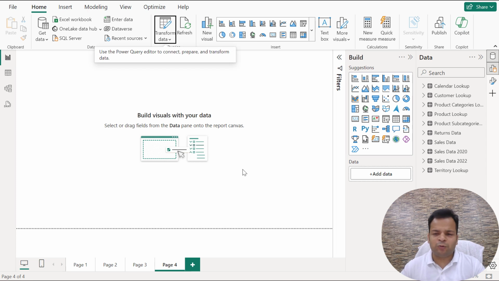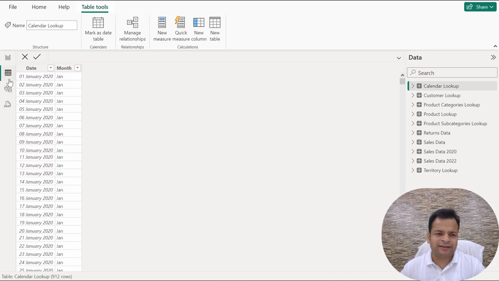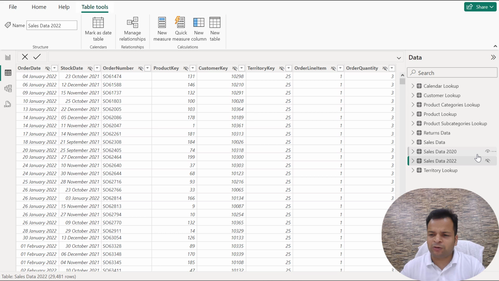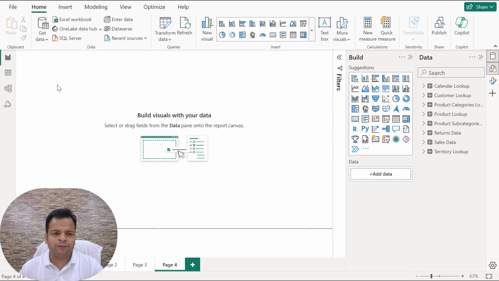So my data has been loaded, and you will see that the file name has already been changed in the front end also. I can simply hide these two data sets along with this one. Simply come to the Data tab, and here you can hide this, and here you can also hide this. Now these two files will not come in report view, and you will see these two files are not coming in report view.